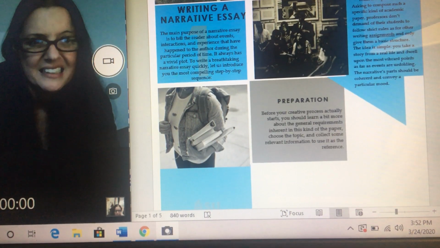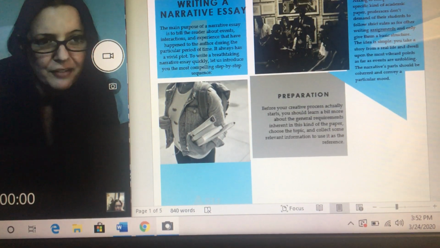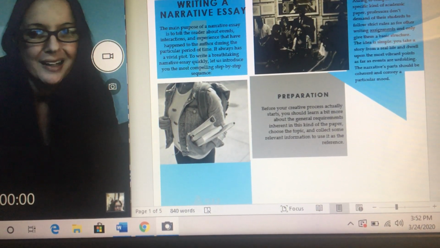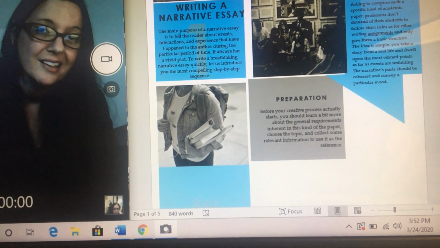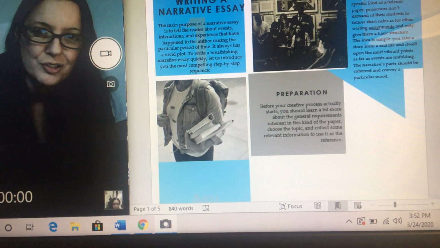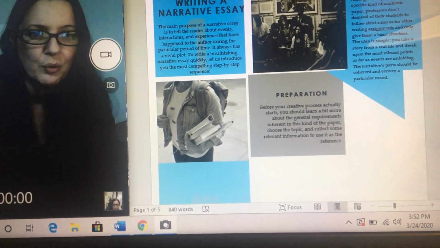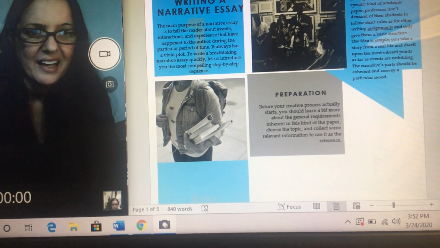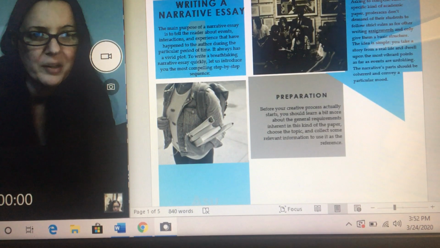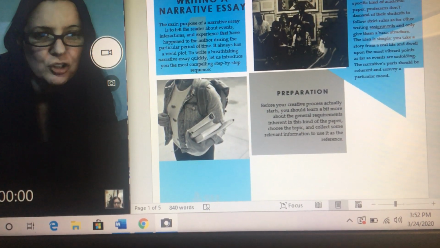The idea is simple. You take a story from a real life situation. It could be something that happened to you or to a friend, something that you know everything about and that you could describe really, really well. You are going to dwell upon the most vibrant moments as events are unfolding. So you definitely want to make sure you're going in